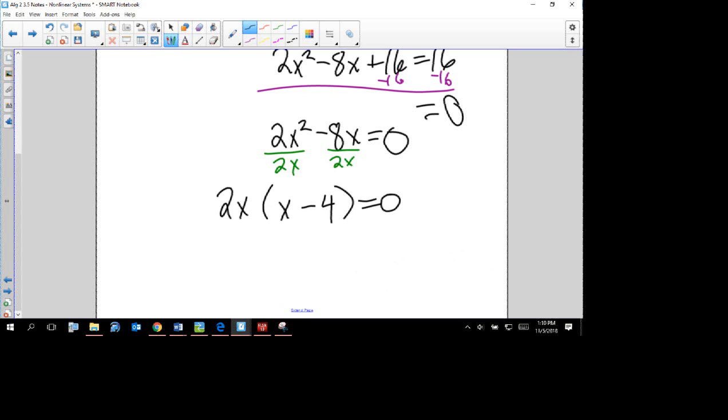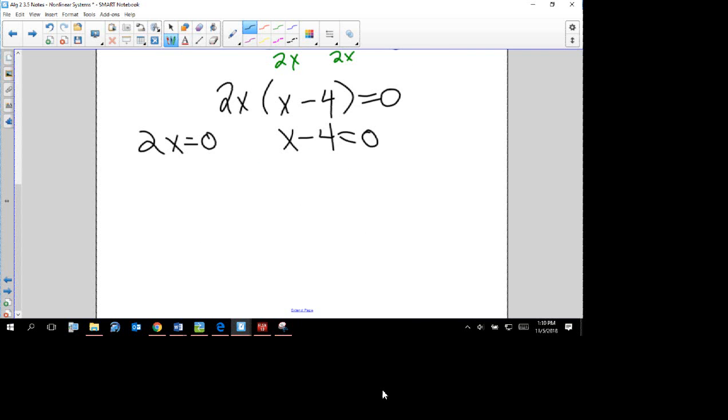So what do we do after we factor it? We do 2x equals 0, x minus 4 equals 0. Divide by 2, I get x is 0. Or add 4, I get x equals 4. So what we have is 2 x values. Our solutions are ordered pairs in which this circle and this line intersect, what they have in common. We have 2 x's. You know what that means about the number of ordered pairs I'm going to have? 2. So what we're going to do is plug in,